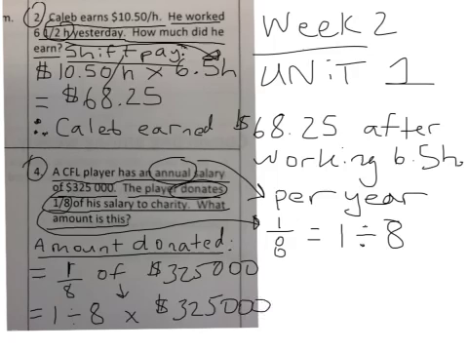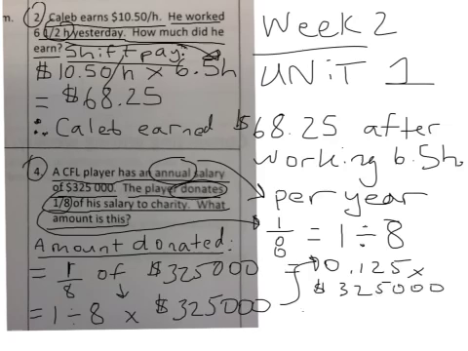Now, all we're left to have to do is punch that thing into our calculator. And if you want to go ahead and practice it, it's great practice. So 1 divided by 8 leaves us with a decimal of 0.125, and we're going to multiply that by his income, which is $325,000. So I've broken it into 2 separate parts, and we multiply it by 325,000 to find that this guy's going to donate, holy man, $40,000,